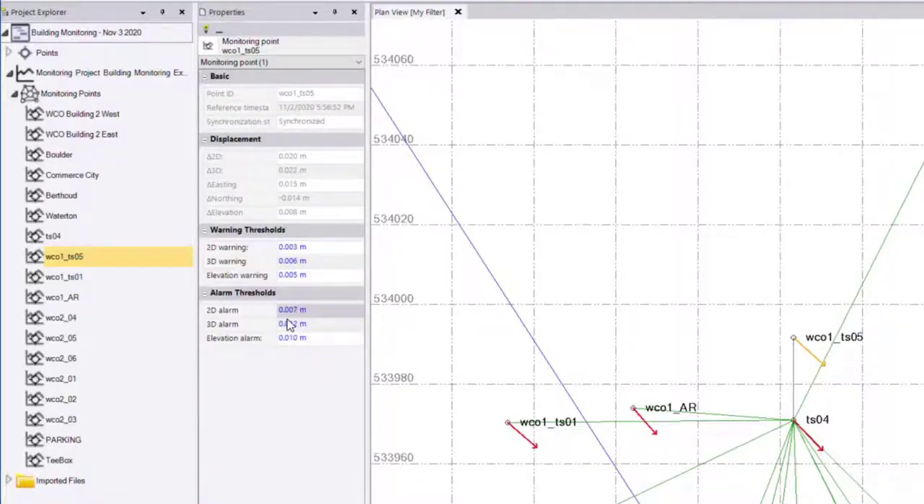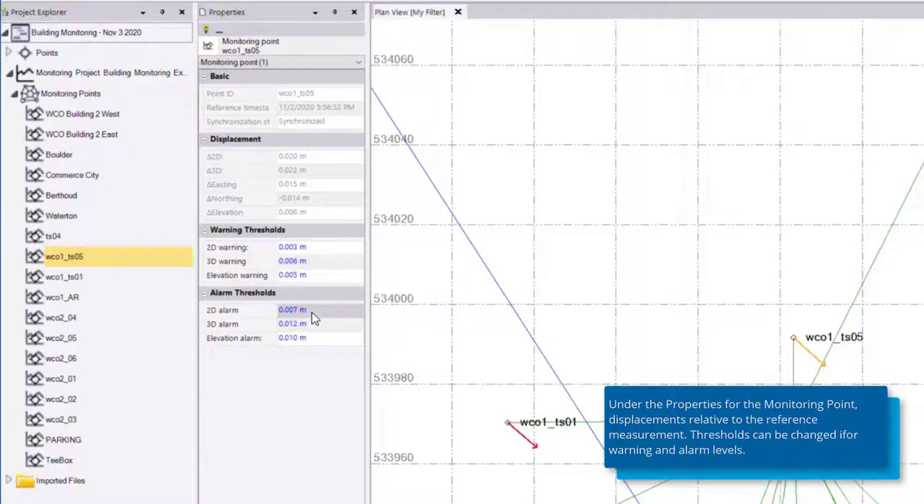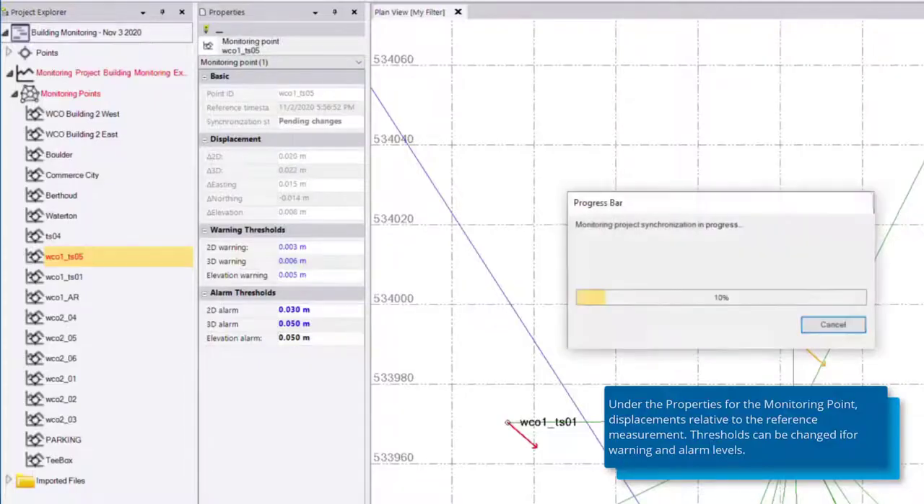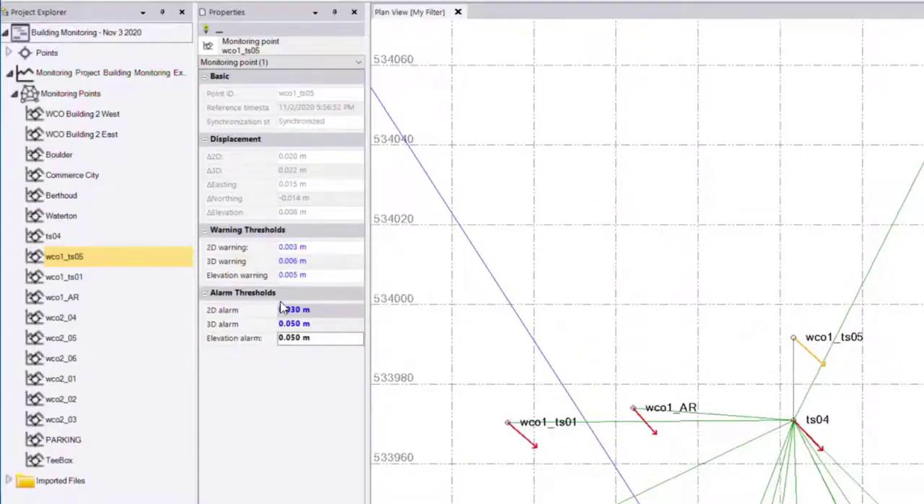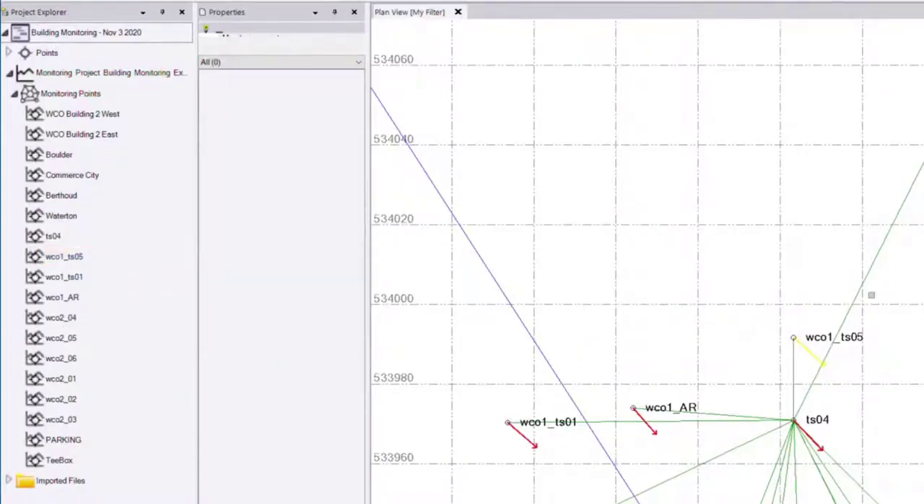Now, if I decide that these thresholds are too small and I want to change them, I can do so. For example, if I change these to 3 centimeters and the 3D alarm to 5 centimeters and the elevation alarm to 5 centimeters. I'll need to sync the project again, of course. Now you notice in the plan view,